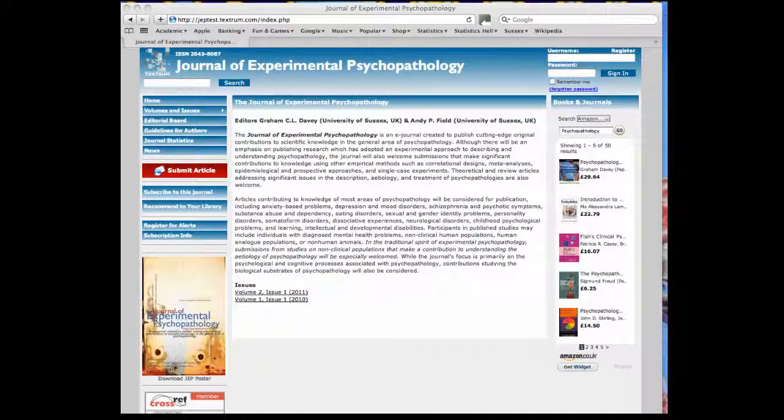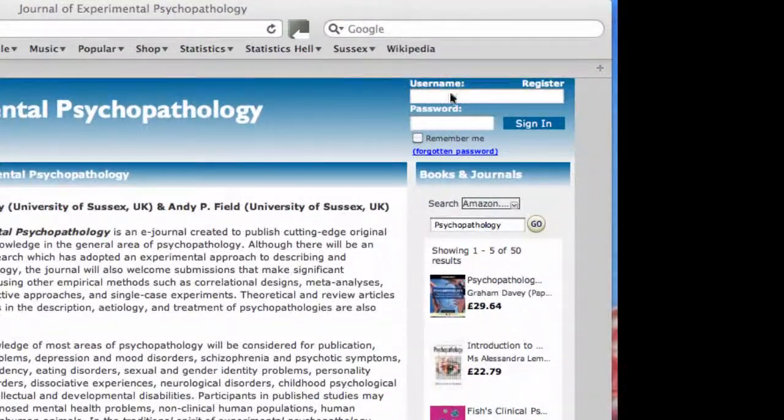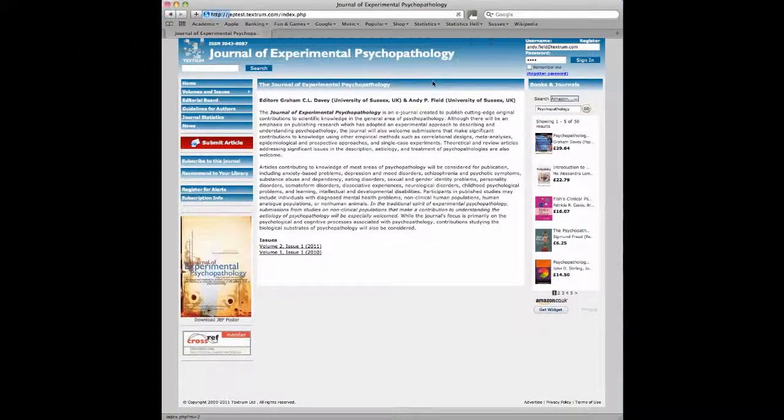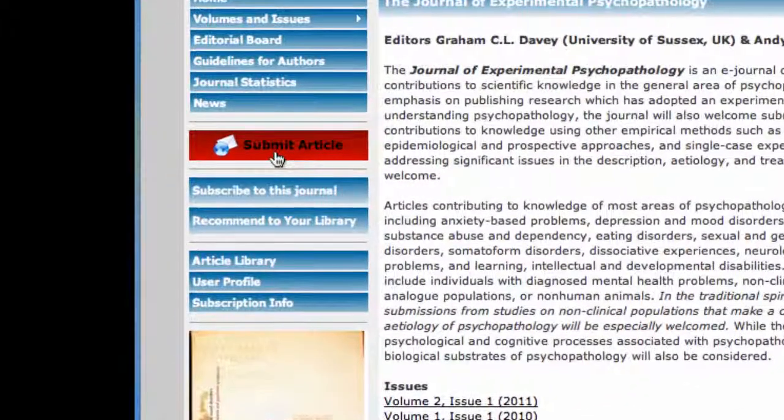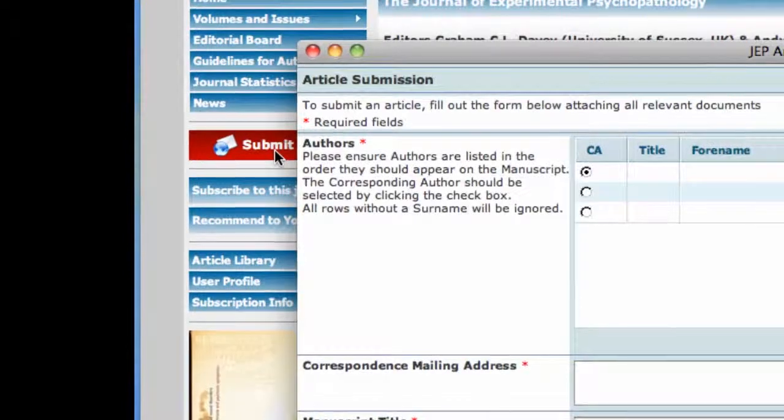This is a brief tutorial about how to submit an article through the Journal of Experimental Psychopathology web portal. So the first thing you need to do is to register, and assuming you've done that, you simply log on. So I'm just going to log on and sign in. Now once you sign in, it tells you at the top here that you are signed in,